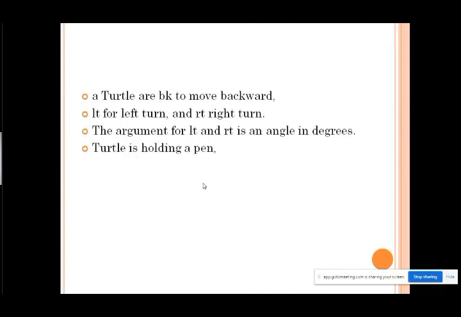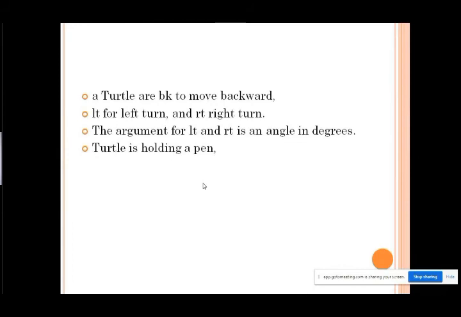Next, the turtle is holding a pen. The turtle is also holding a pen. It is down by default. When the pen is down, it is able to draw the diagrams. When you put the pen up, what will happen?